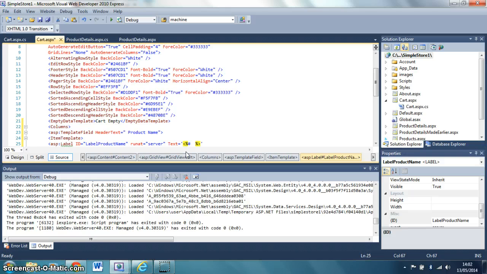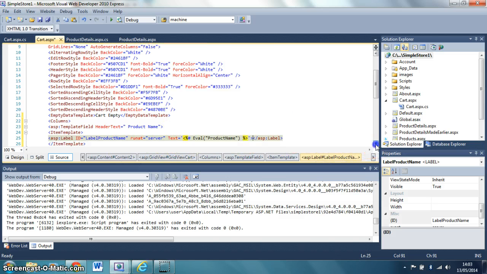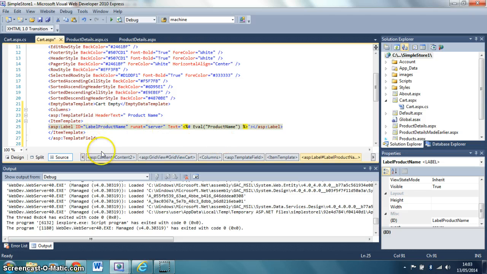Now we're going to use the expression Eval. You could use Bind either, they do the same thing. And what we're going to write in here is whatever you call the field in your data table that holds the product name, and mine is called product name. Then just finish the label, and now what we have is a grid view that only displays the product name,